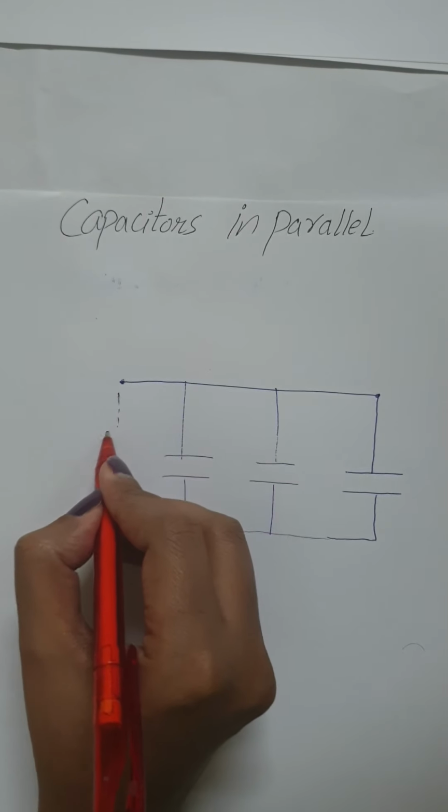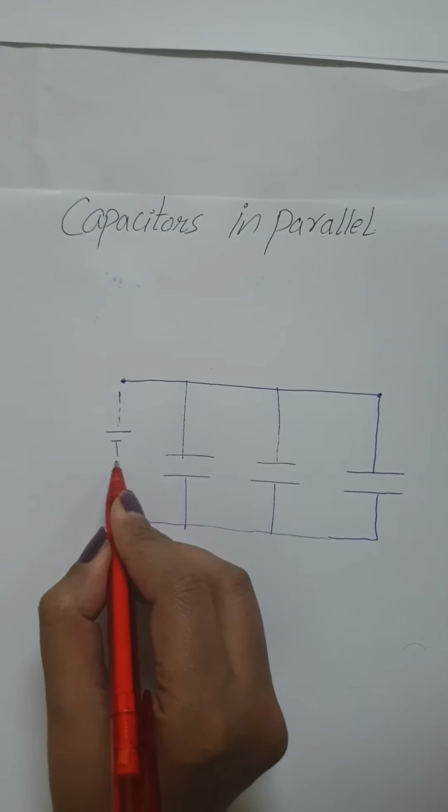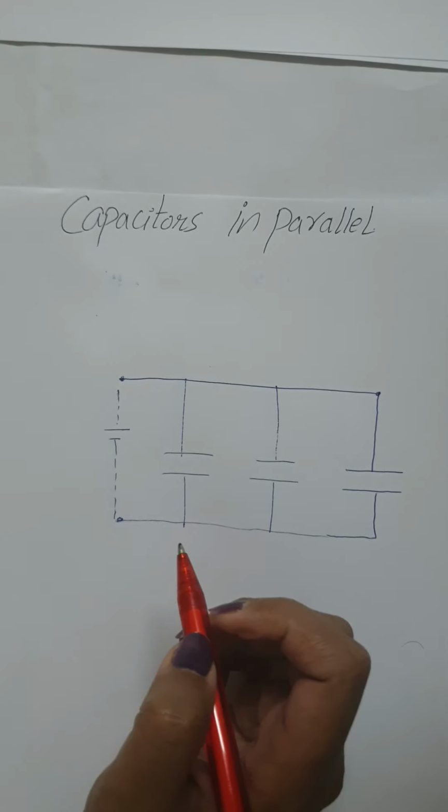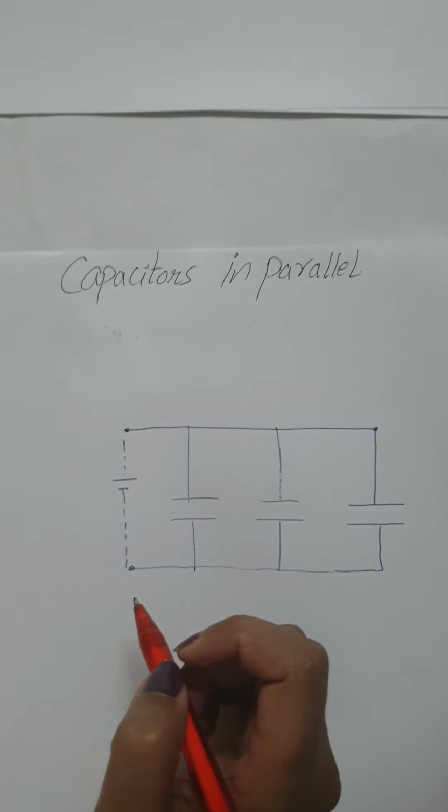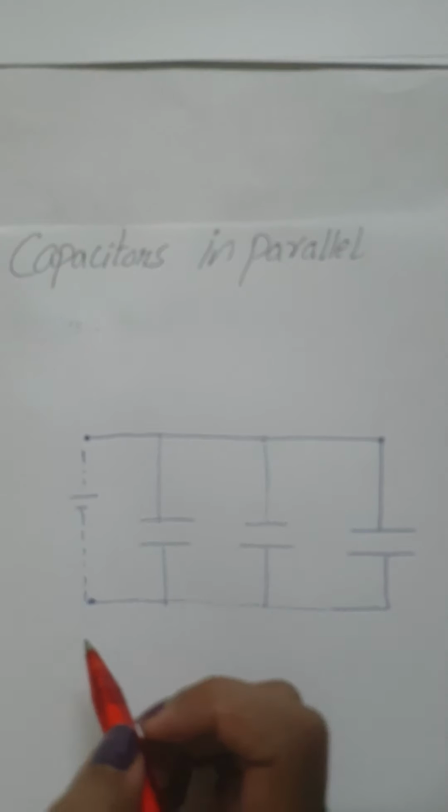This is the positive and negative terminal of the battery. In parallel means the capacitors are directly wired together at one plate